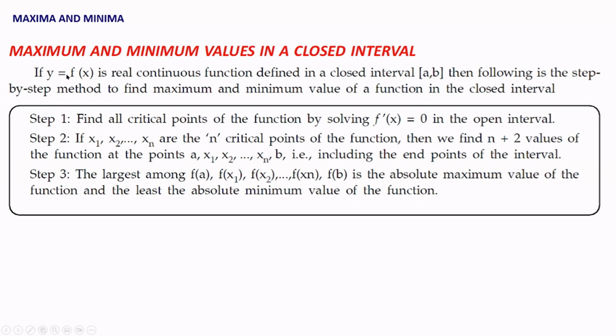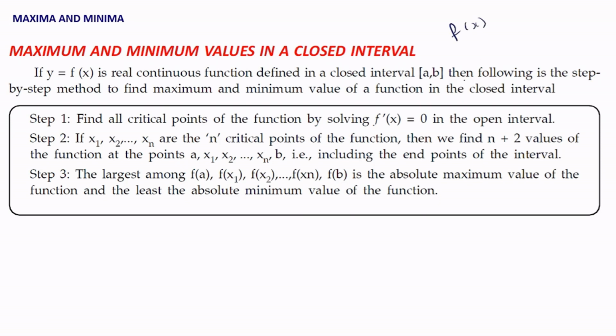Next we have maximum and minimum values in a closed interval. So if y equal to f of x is a real continuous function defined in a closed interval a comma b, then we have to use the following steps to find the maximum and minimum value. The first step is to find all the critical points by solving f dash of x equal to 0 in the open interval. If we have x1, x2 up to xn, that is n critical points, then we have to find n plus 2 values of the function. That is, we have to find the value of f of x